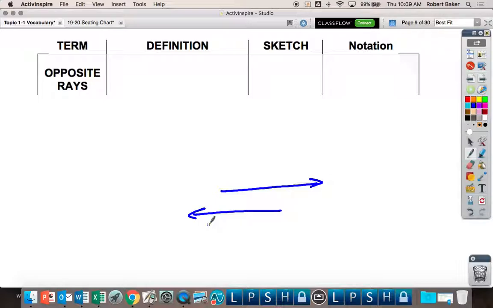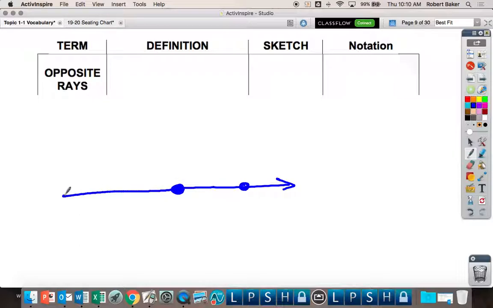So there's one specific part of this definition that says opposite rays form a line. So you have to start with a point and go that direction. Remember, it takes 2 points to make a ray. Then you have to start with the exact same point and go the other way. Remember, it takes 2 points to name a ray. So, opposite rays are